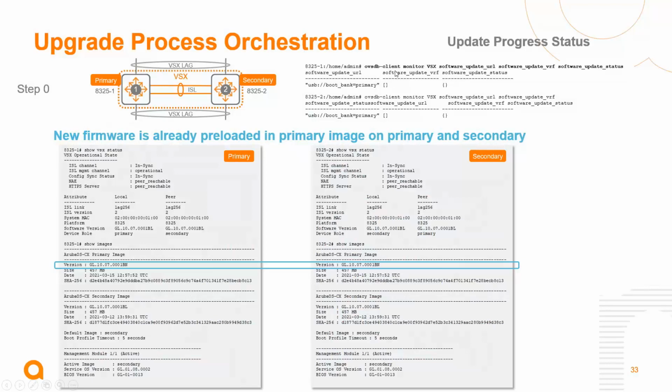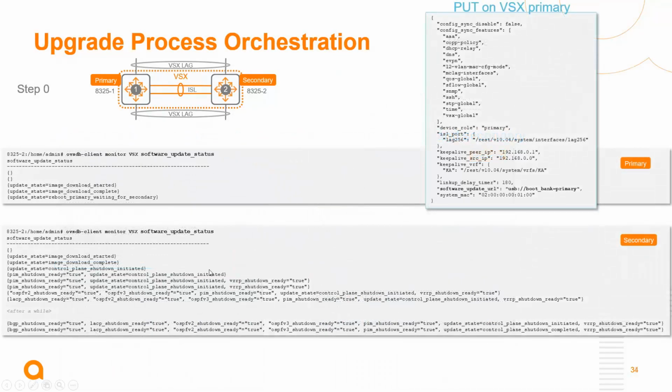And then we will monitor the OVSDB parameter for VS6 through that command. So I'm going to do an API put on the VS6 primary with this dataset, and you will see on the primary that it started downloading images.